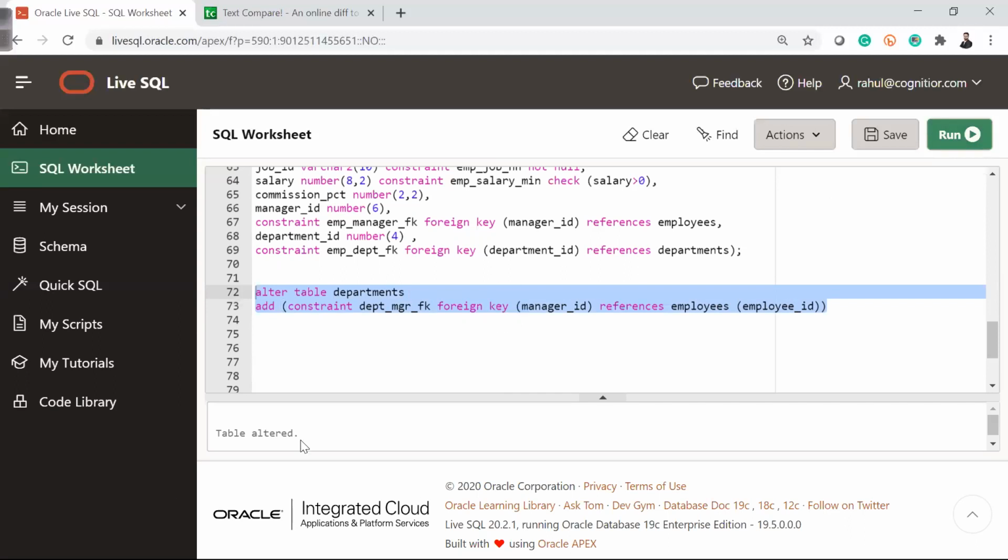table altered. So what happened is, in the department table, I have this manager ID, which is a foreign key coming from the employee table's employee ID.